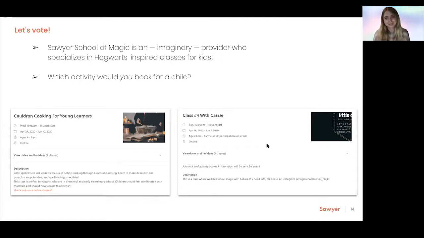We see that activities that have children featured in them, really enjoying a class, will always win. If you have photos of kids engaging with your teachers, the Dough Project does a really amazing job with this. Shout out to Chelsea. She's got cute fat babies in buckets playing with dough, which, who doesn't want to see that? So if you are doing something magical and you have a photo of that craft, or you have a photo of kids engaging in some way, choose that over something with your logo and branding,